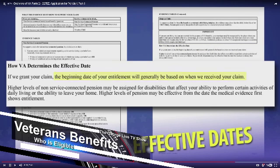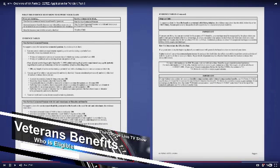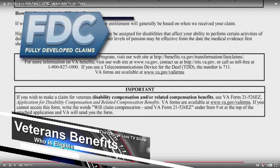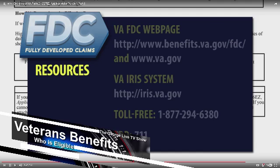For most claims, the date of entitlement will be based on the day VA receives the claim. For higher pension levels, the effective date may be the date when medical evidence first shows entitlement. This page also provides important resources about the FDC program and VA benefits, including the VA FDC webpage at